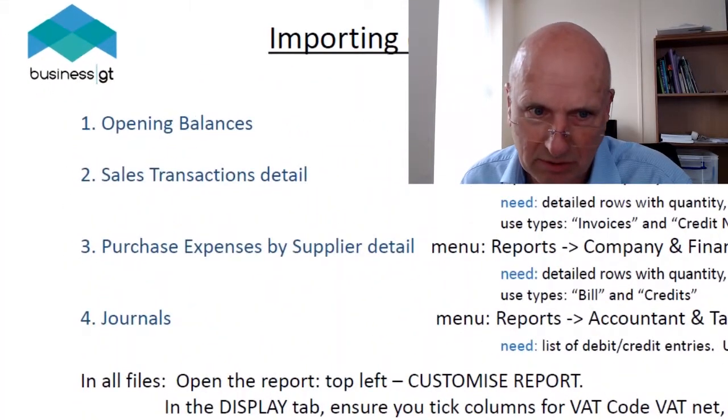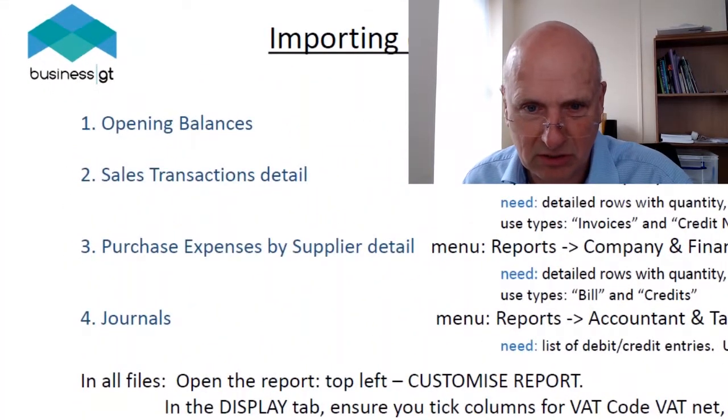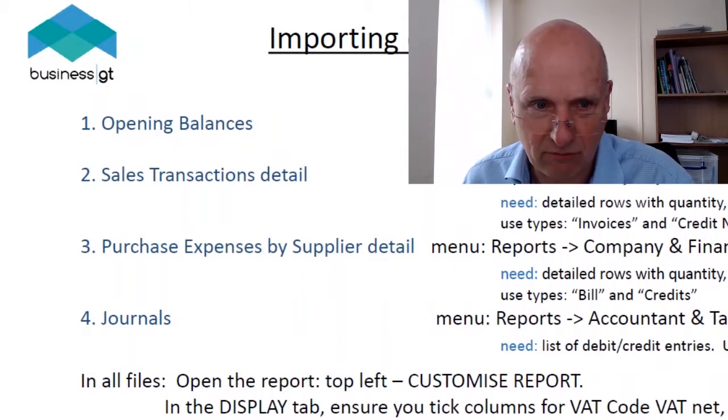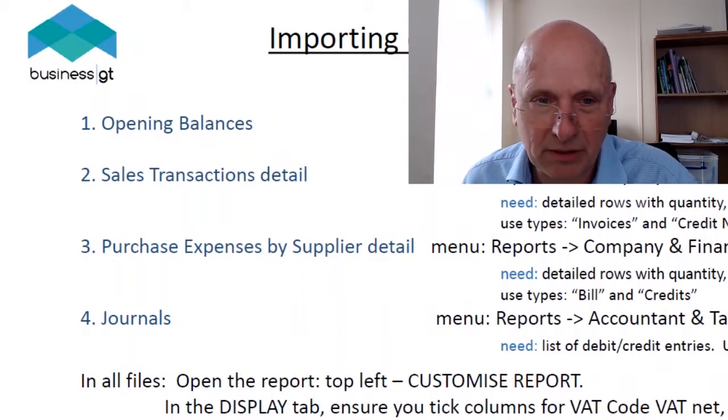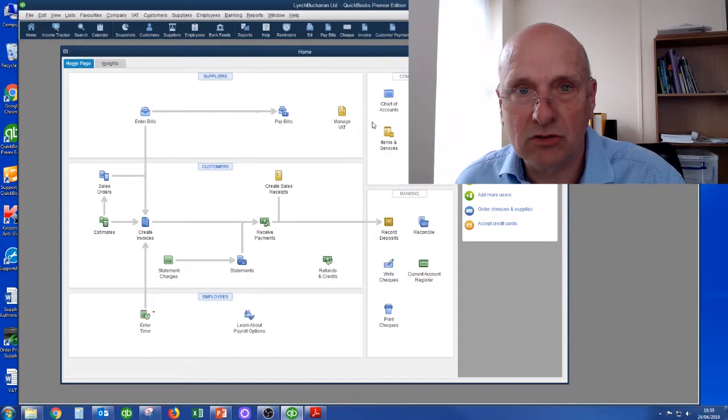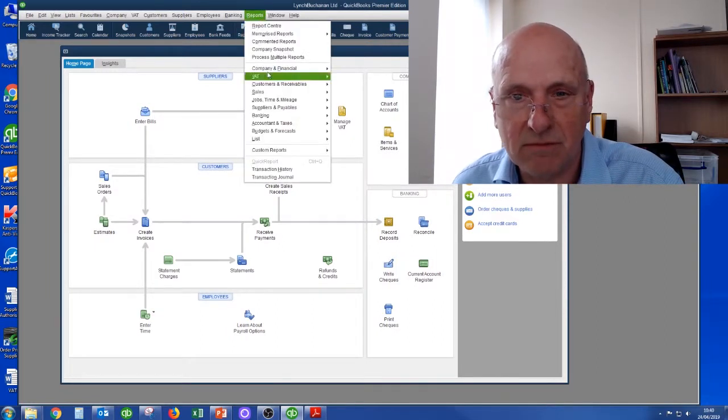So we need the opening balances, sales transaction detail, and that will mean that BusinessGT will create sales invoices and put PDFs in the library of them. Purchase invoice expenses by supplier, and it will create the invoices in the system. And then journals. So log on to QuickBooks, in the reports, go to Accountants and Taxes, and then go to